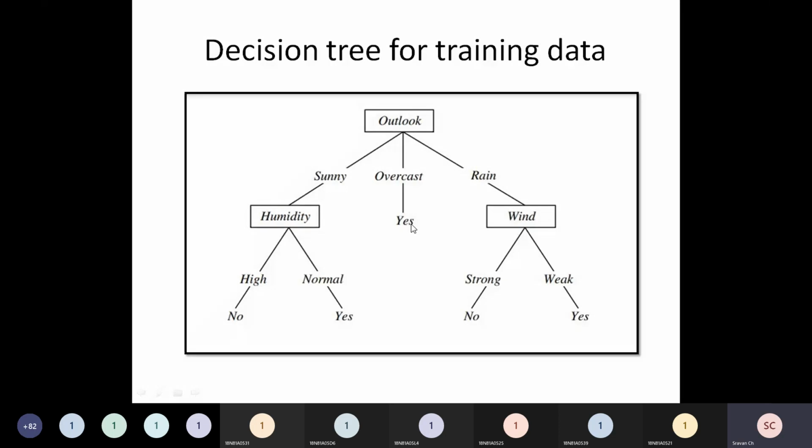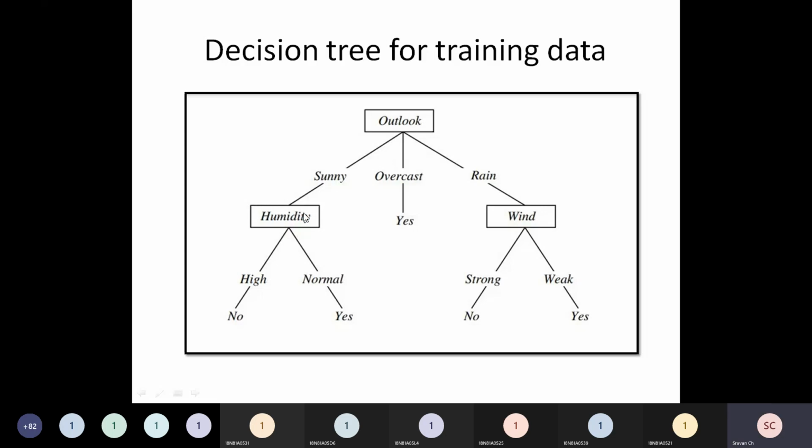Please observe, the leaf nodes will be the outcomes. Yes, no values will be leaf nodes. So here now I got 3 children. Why did I get 3 children? Because there are 3 possible values. And since for overcast it is always yes, straight away I can make it a leaf node. Now coming to sunny and rainy.